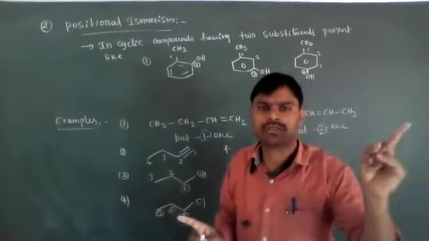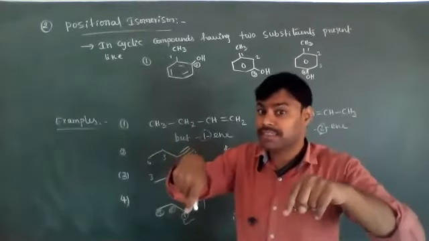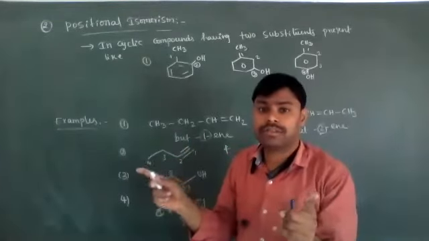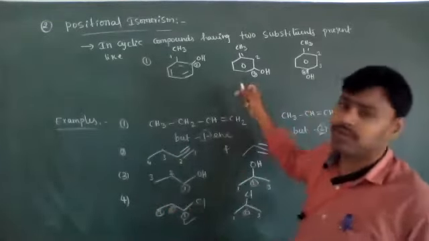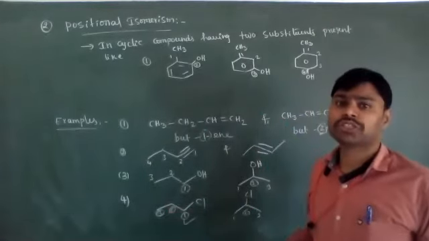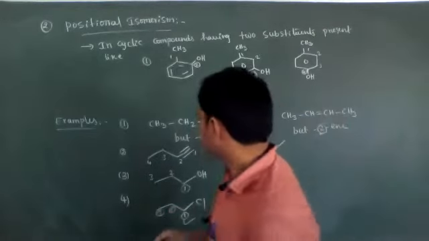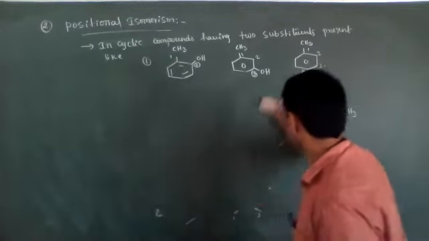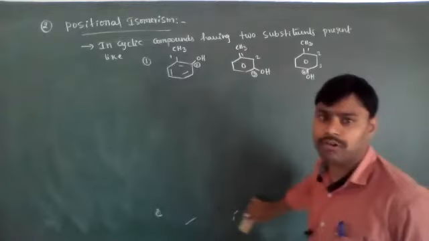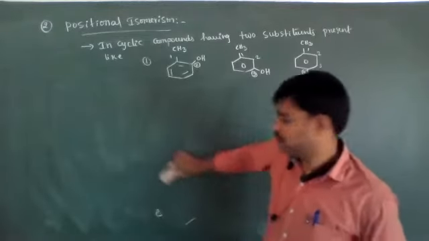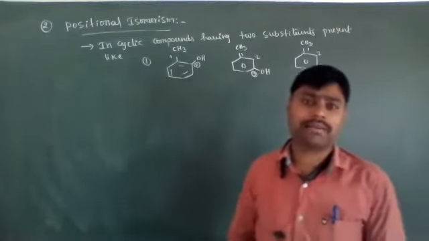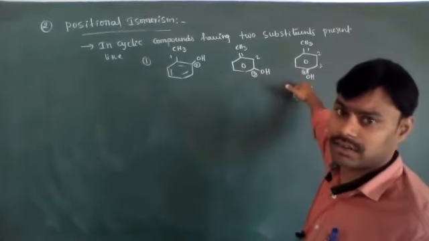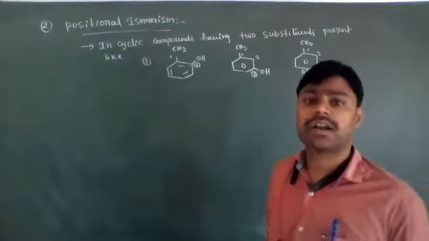So in cyclic compounds, if only one substituent is present, we can't identify it; it does not belong to positional isomers. If two substituents are present and their positions are different in compounds having the same molecular formula, such compounds belong to positional isomers. I will give you one more example. See, 1 and 2 compounds are always called ortho. And for this one, the common names are orthocresol, metacresol and paracresol. Those are called cresols.